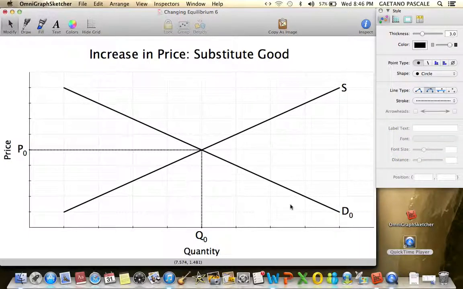For example, every 10 or 15 years, something happens to the coffee crop, and 20% of the crop gets destroyed by frost. This causes the price of coffee to go up dramatically, and during that time you will see people substitute away and buy more tea. So if there's an increase in the price of a substitute good,